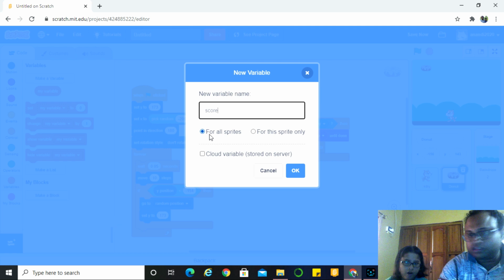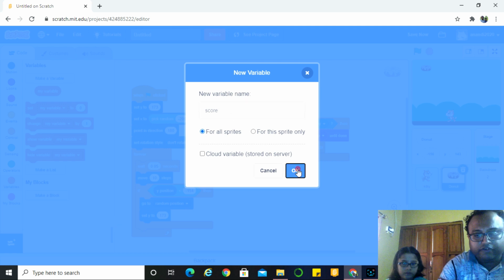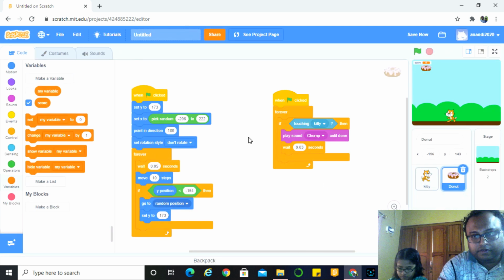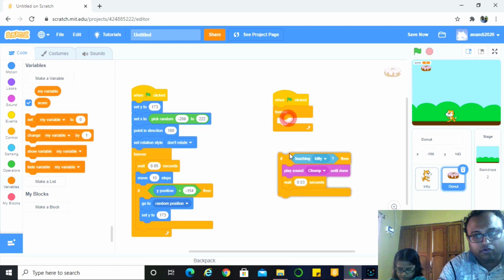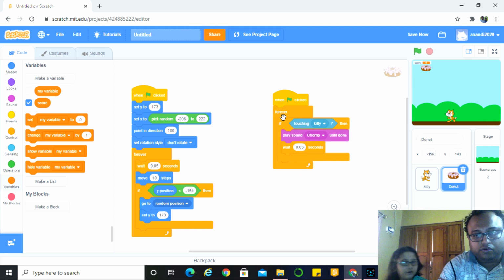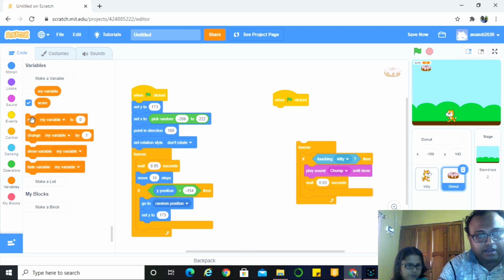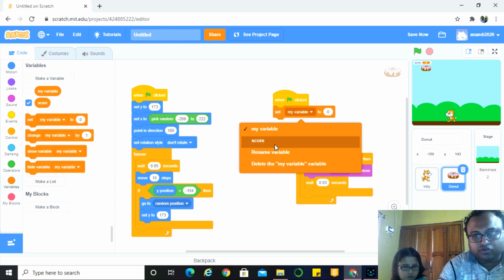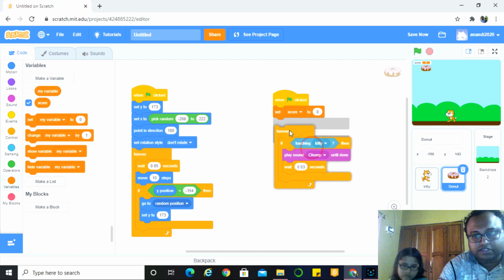We will choose for all sprites, and we will give this the name score. It will record your score. And when the game starts, you need to set the score to 0. So we will put set score, change it to score and put it to 0.